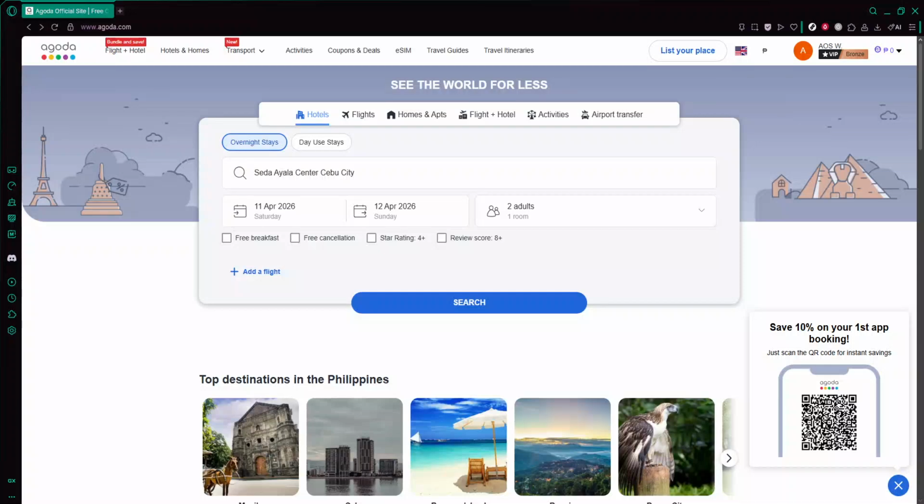In this video, I'll guide you through how to search hotels by location on Agoda. Whether you're planning a quick weekend away or a longer vacation, knowing how to quickly find the right place to stay in the right area can save you a lot of time and stress. We'll go step by step, keeping things simple and clear so you can follow along on either your computer or